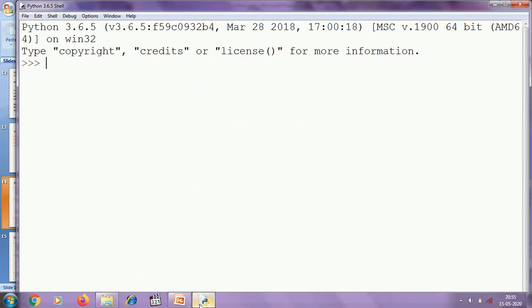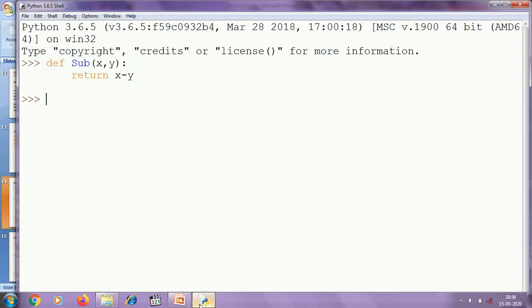I want to give you an example for that. Here I have defined a function sub with two parameters x and y, and this function is returning the subtracted value of the parameters.